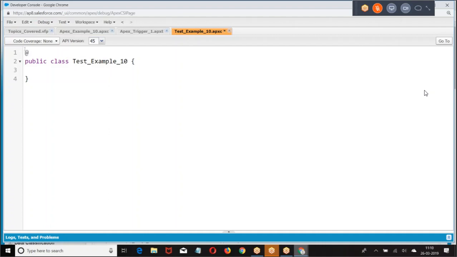Now look at this. We have @isTest, static void. When is the trigger fired? The trigger is fired when you are making a DML operation on an account. So I was trying to insert a record here.